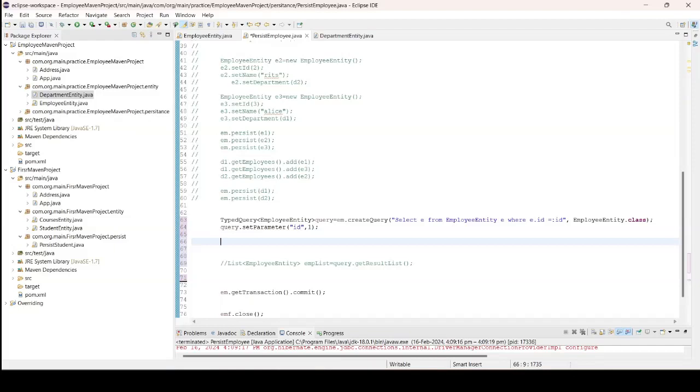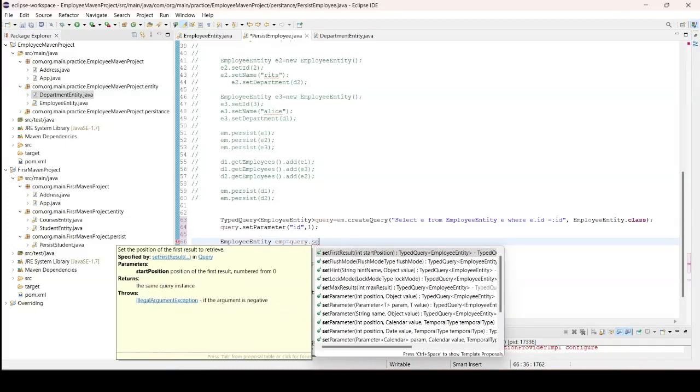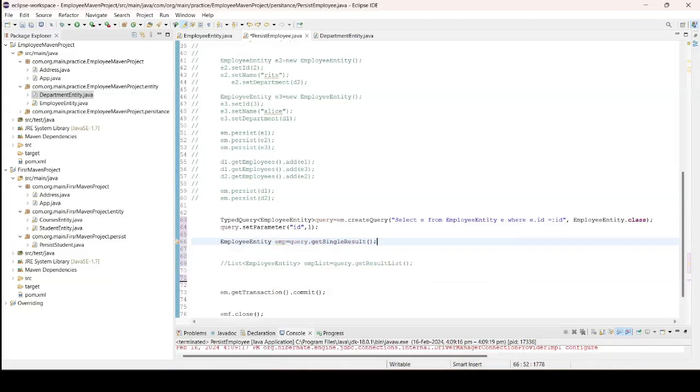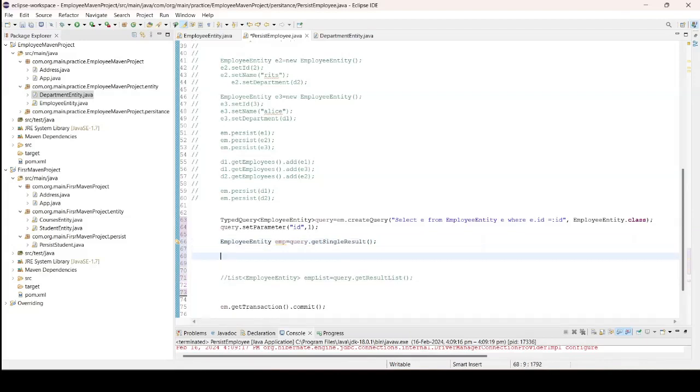So how we are going to do this is, first, let's get the value, that is the employee entity. emp is nothing but we are going to get this query dot get single result. We are printing this in the console, whatever name has been changed with ID 1. Then we are going to change the value of ID 1